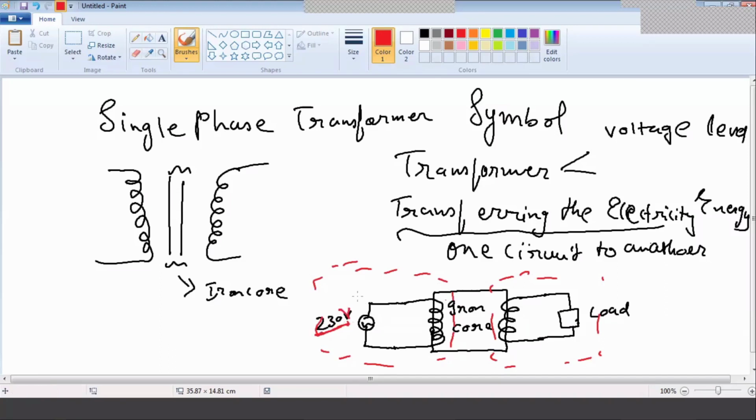You can increase or decrease this voltage level in the output. So you can get 400 volt, whatever you desire, or you want 100 volt. So you can step up the voltage or step down the voltage through this transformer, right? Whatever you want in your output, you can do, whether you want to increase or decrease.